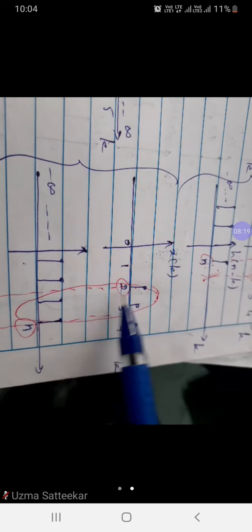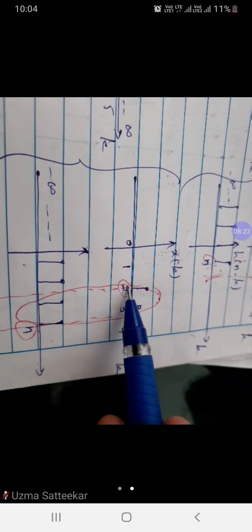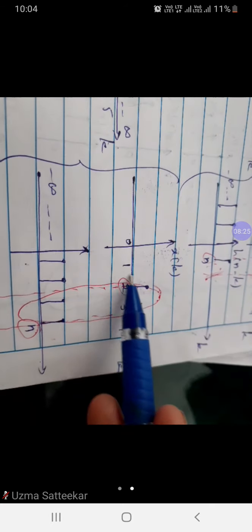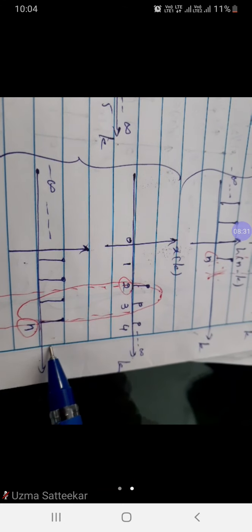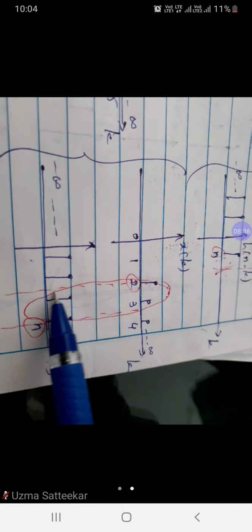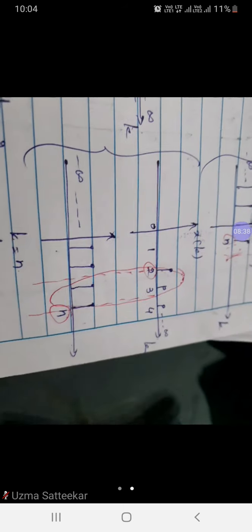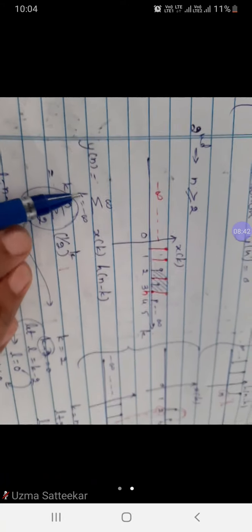And if you see, the common area available is between 2 to n, because before 2 the first signal is 0 and after n the second signal is 0. So on these two sides you don't get any common area, and the product of these two signals is 0. Only the product exists between 2 to n. Okay, with this, let's try to calculate the convolution.